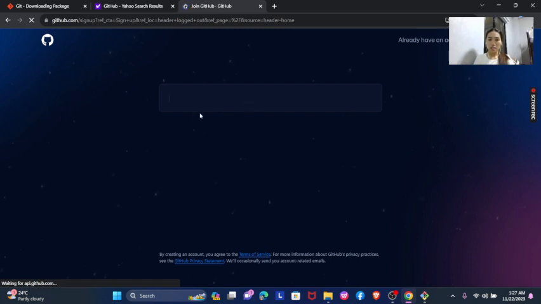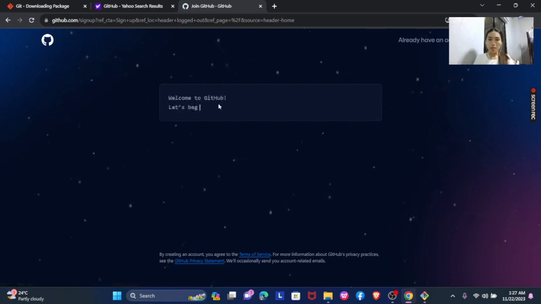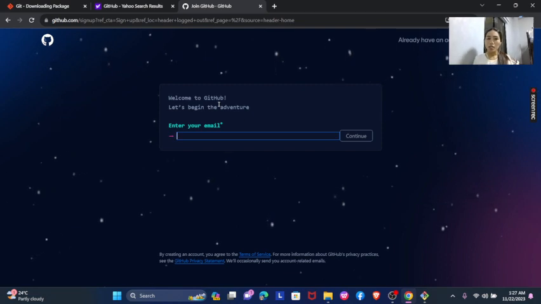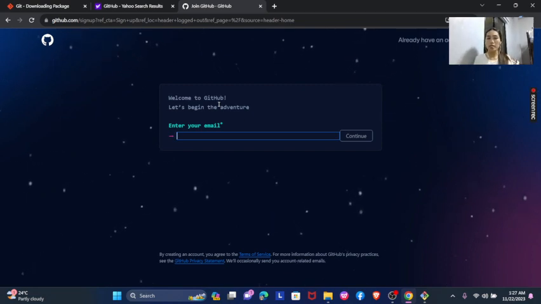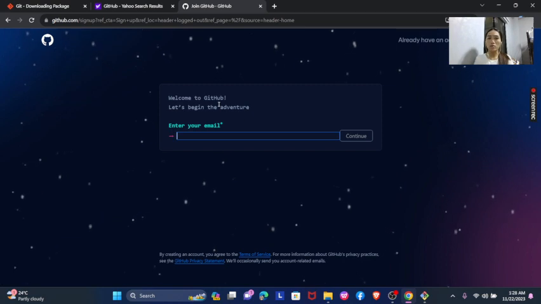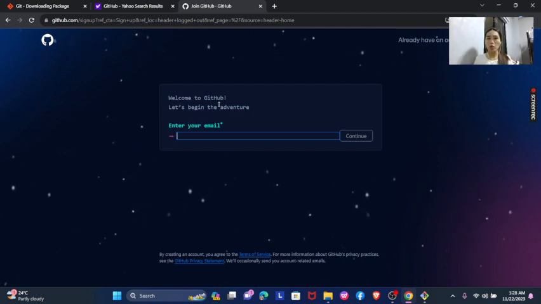Just input your email, your password, your username, and get your verification code. I'm not going to discuss all about GitHub because there is another group assigned to discuss about this. After that,